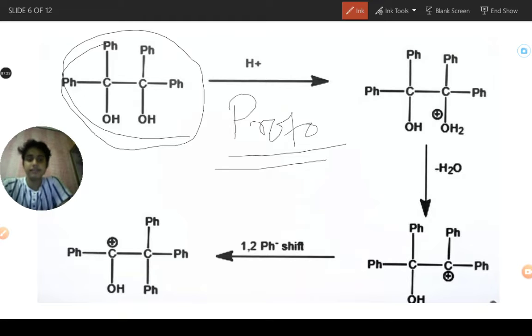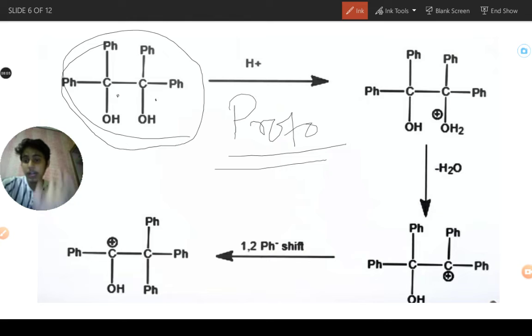So protonation occurs. And one thing is very important, that here there are two sides. This is one carbon and this is one carbon. You must have a question: where will the protonation occur? This is a symmetric carbon, but the questions will not be that easy in JEE or NET. It will not give you symmetric questions. Protonation occurs at the site where the hydrogen removal will be easy and carbocation formation will be more stable. This is the important thing. You need to note it down.